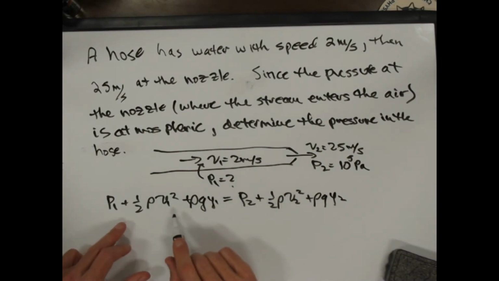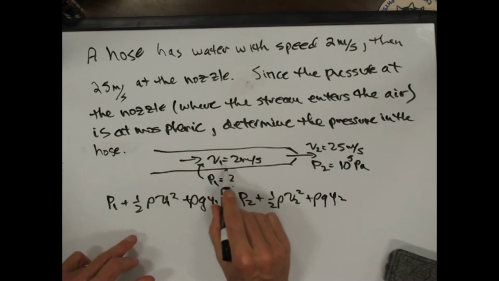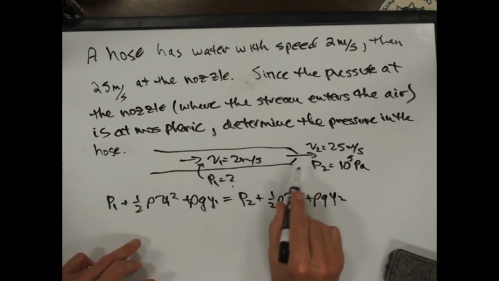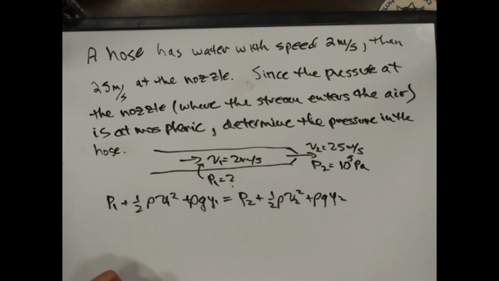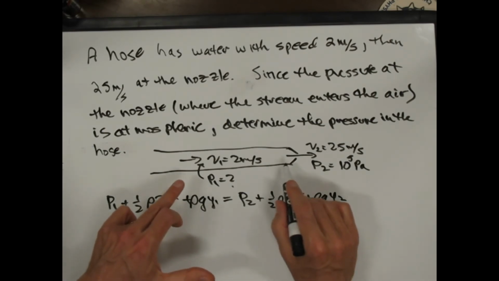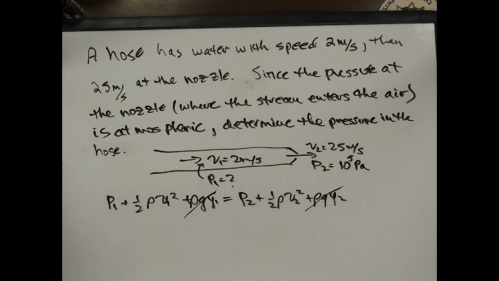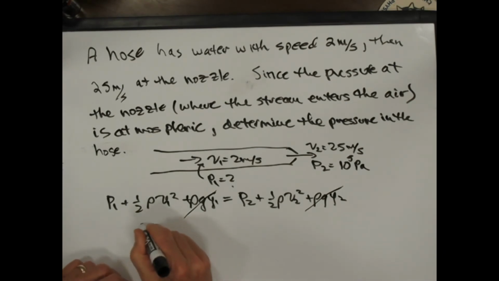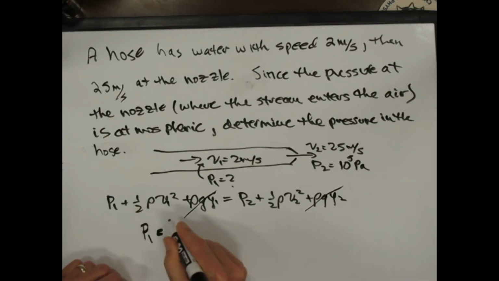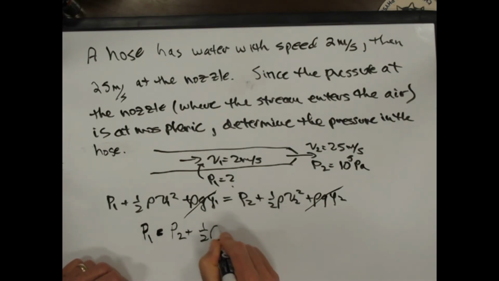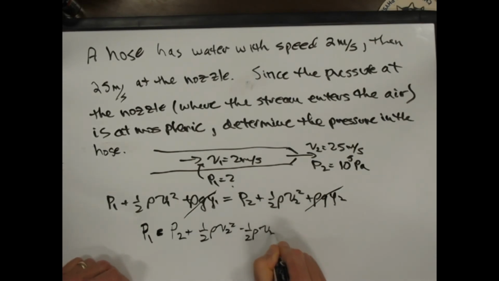And so we want to know the pressure back here, and so we have these two regions, region 1 and region 2, and we could just use the Bernoulli principle across them, recognizing that since the hose is horizontal, we can cancel rho g y1 and rho g y2 because the two heights are the same wherever we measure from. Right? And so since we're looking for P1, P1 is equal to P2 plus 1/2 rho V2 squared minus 1/2 rho V1 squared, and that's equal to 10 to the 5th pascals,